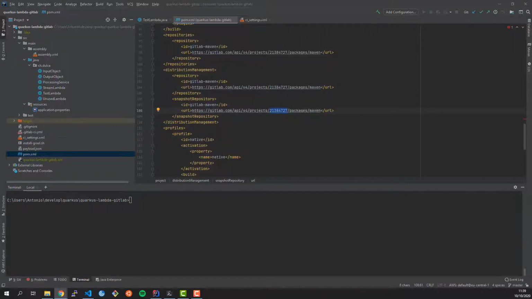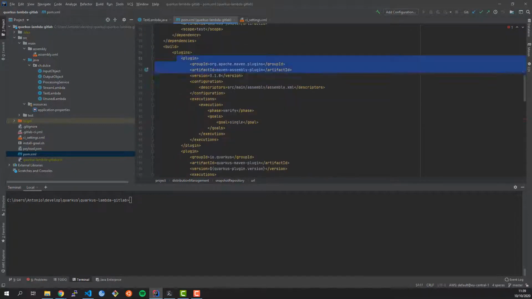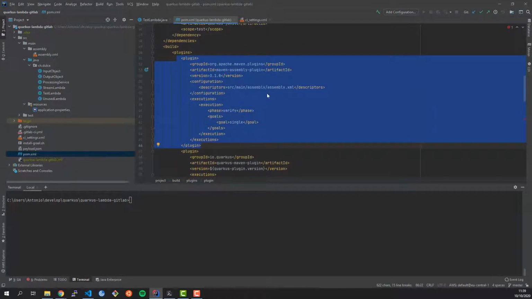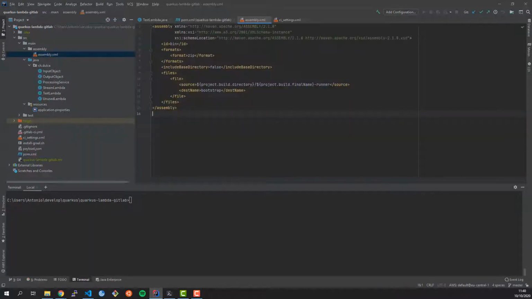Next we add the assembly plugin. This is this one, which is needed to build the package for the Lambda function. The assembly plugin needs a descriptor, which is in the source main assembly directory. I will put this link in the description so you can find all this code in my GitLab repository. So now it's all set and we can go and